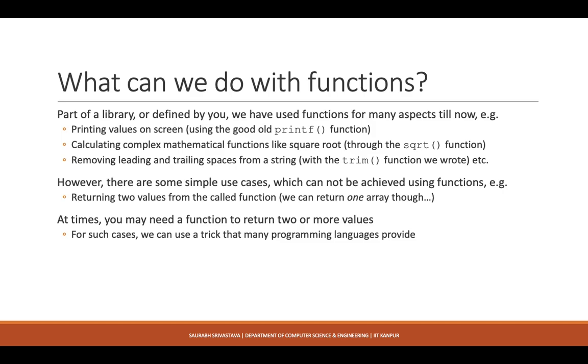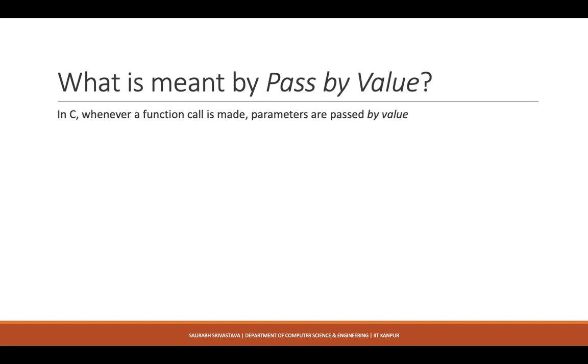Now at times you may actually need these things. So you might want a particular function to be able to return more than one value. There is a kind of trick that many programming languages provide in order to get more than one output from a function. This trick is to pass the parameters by something known as reference and not by value. So what do we really mean by